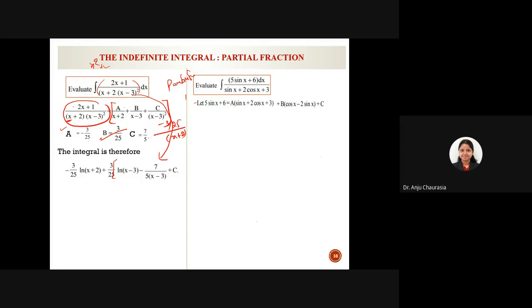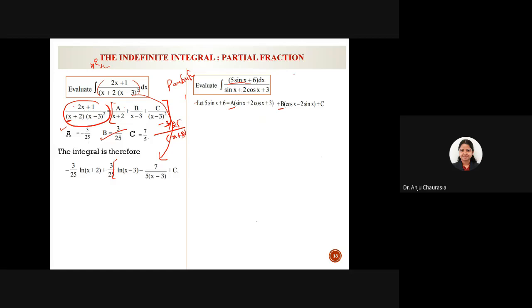this type of sine and cosine function in numerator and denominator. If you are able to see this type of sine and cosine function, then partial fraction takes this type of consideration. It means what you have to do in the numerator is take the denominator as it is with a constant a. Okay, three constants I am taking here. And in the second, you have to take with constant b,